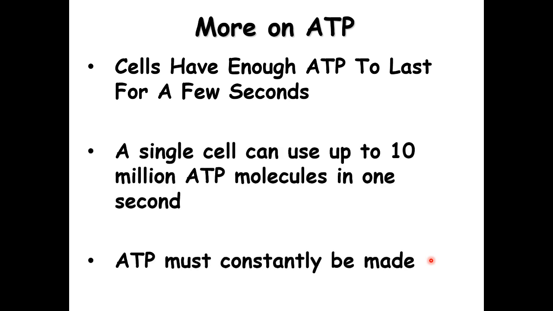So how much ATP does a cell use? Actually, a cell uses over 10 million ATP per second. So you can imagine, number one, how active your cells are every day, every minute, every second. That's why it needs that much ATP, right? And number two, the cell has to have the ability to constantly make ATP. If not, it can't survive.